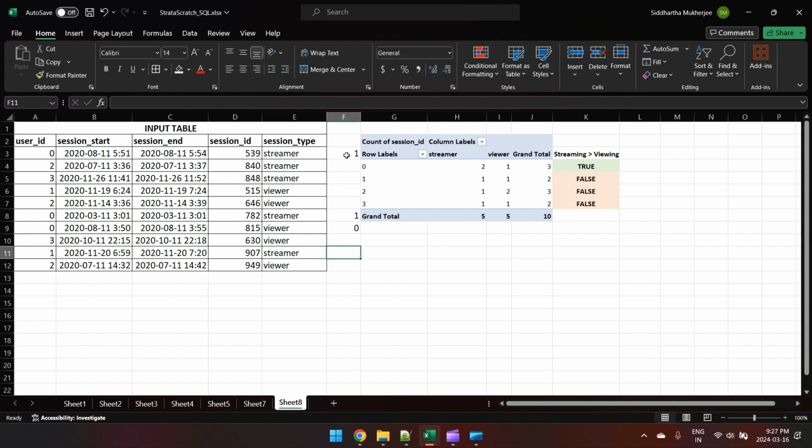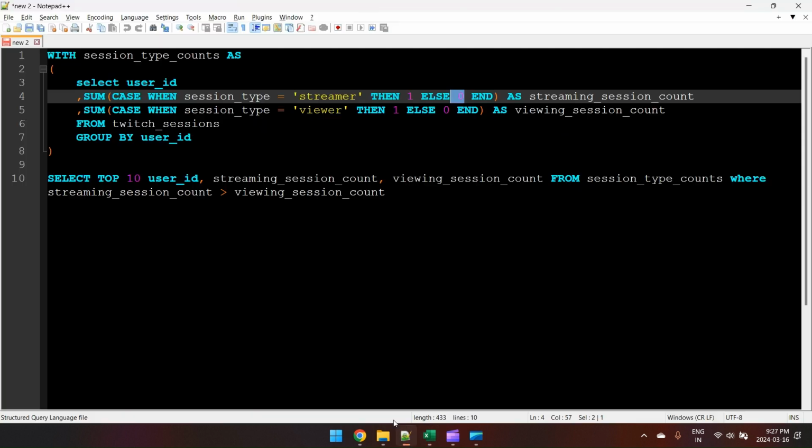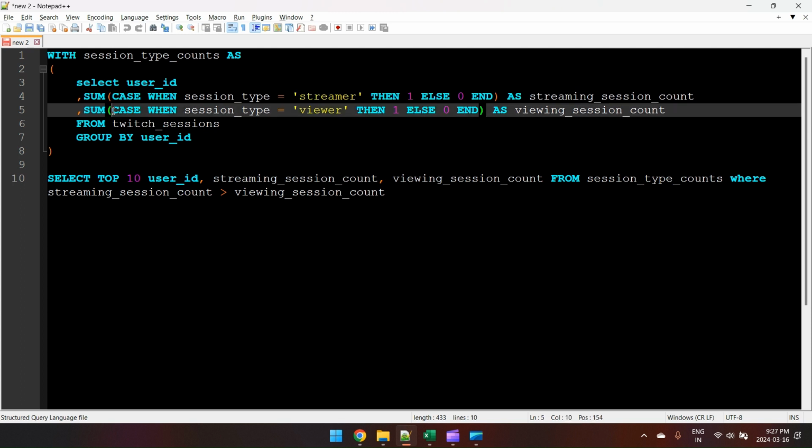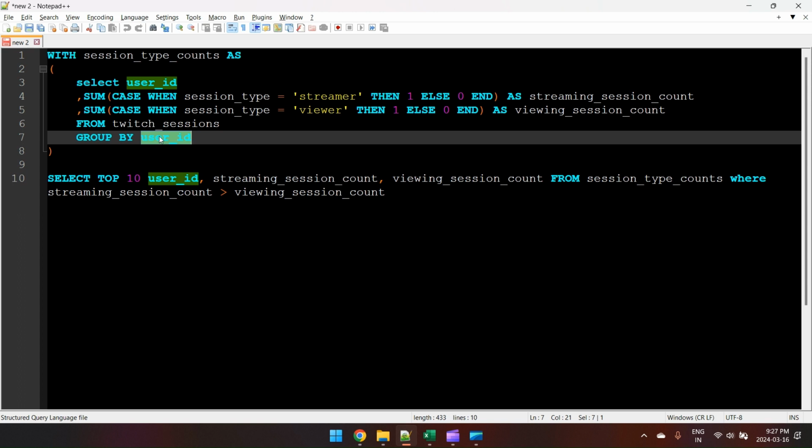So for example, for user 0, this will be the value of that case when statement, and then I have put that inside a sum function. So when you sum over these 3 numbers, you will get a 2. Thus the number of streaming sessions for user 0 is 2. That is exactly what is happening here. And I have done the same thing for the viewing sessions as well. And then I have grouped by the user ID, so that for each user ID I have the count of